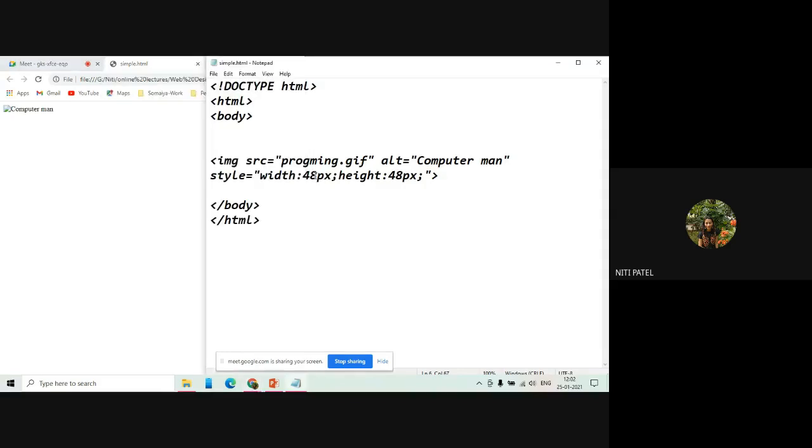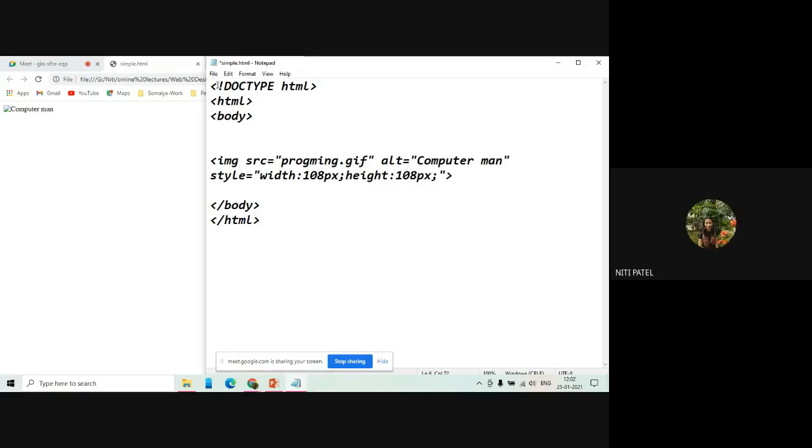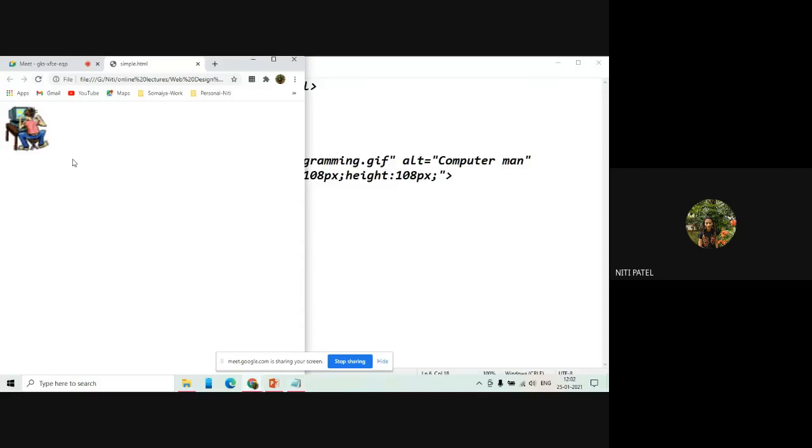So if I want to change the width and height, can I do that? Yes, I can also do that. So let us see, but I have to change this programming. Okay, done. Now let us see. So I have changed the width and the height also. Understood?